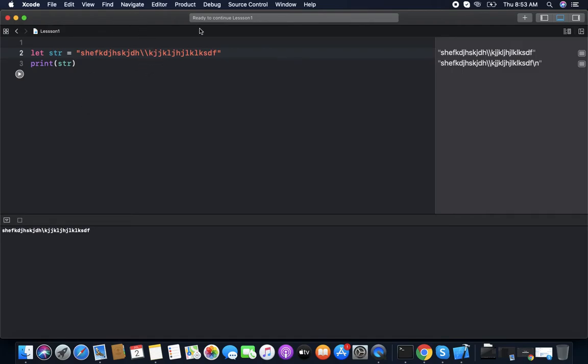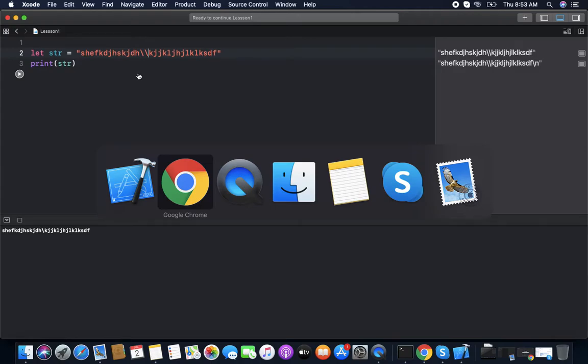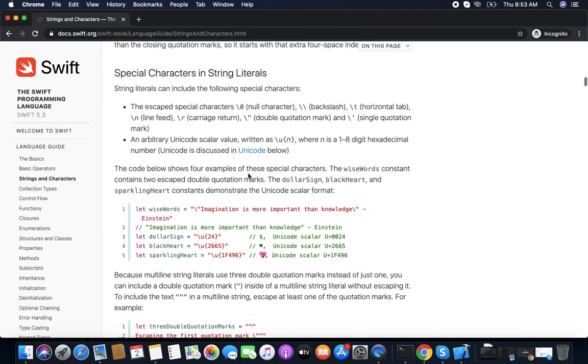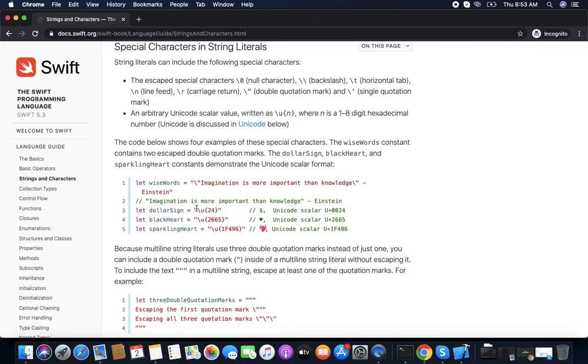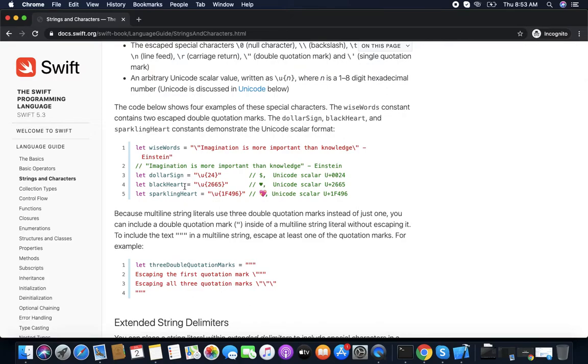Along with this we have some symbols like the dollar sign and some smileys to print within a string. For this we use Unicode. For the dollar sign we need to provide this Unicode, and it will become a dollar. For a black heart we need to use this Unicode. It will print a black heart. For a sparkle heart we need to print this Unicode.